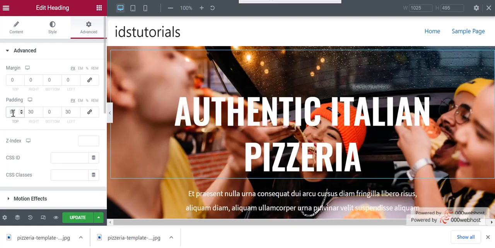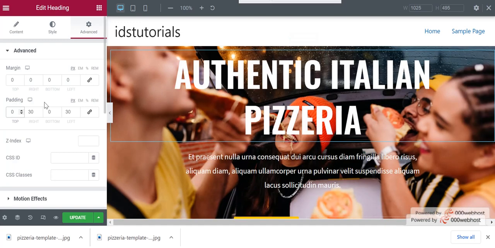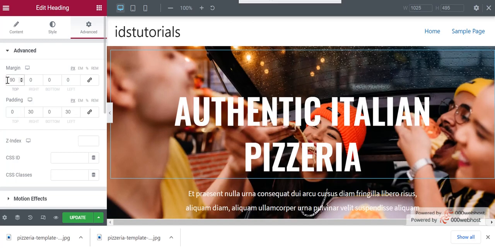it creates some space between these two lines. But when I click on this margin and I give a certain value, 90, it works the same. Okay, it works the same.